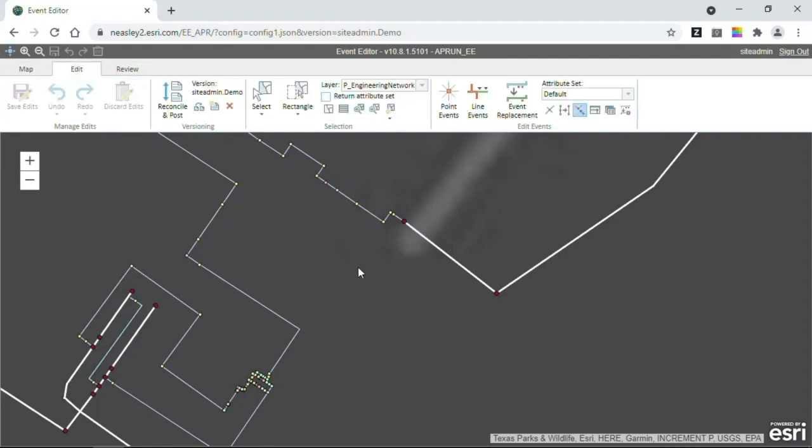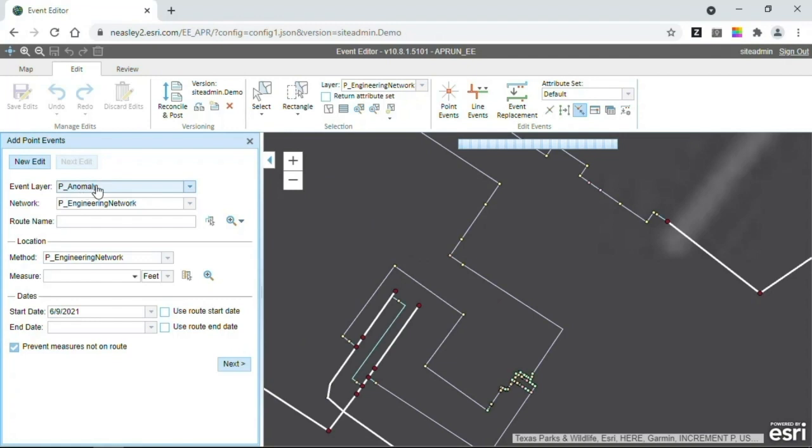In this case, we'll go ahead and start with our first edit. Right now, Devlin in a previous demo showed that he created a new route here. Now that route was created recently and just got into the GIS, and it's actually had its first inspection and already has an anomaly that we need to put. So that anomaly is modeled as a point event here, so I'm going to need to add a point event for an anomaly. So I'll open the Add Point Events widget,